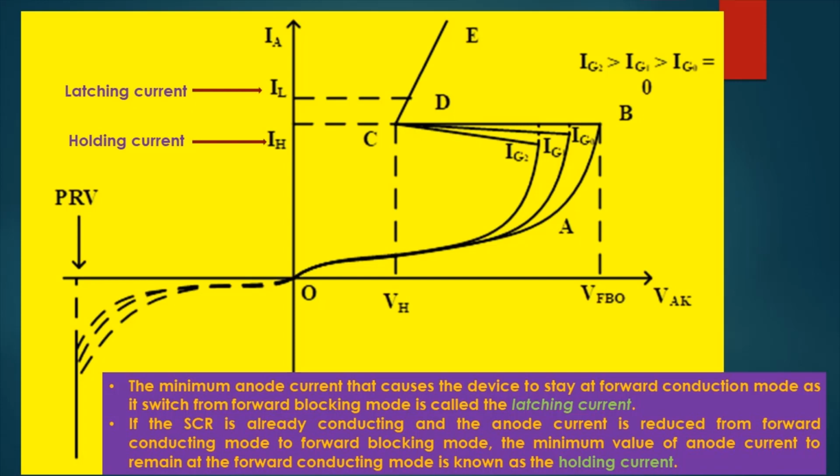So similarly, once the channel is formed, the thyristor will go on conducting that current, and the holding current is that current below which the thyristor will be turned off. That is why, when you want to know that the thyristor is on, you must know that the thyristor current must be greater than IL, and if it is off, then the thyristor current is less than IH, which is the holding current. These two currents are very important, and as soon as you go on increasing the gate current, your breakdown voltage will come down. So this is the last plot we have.